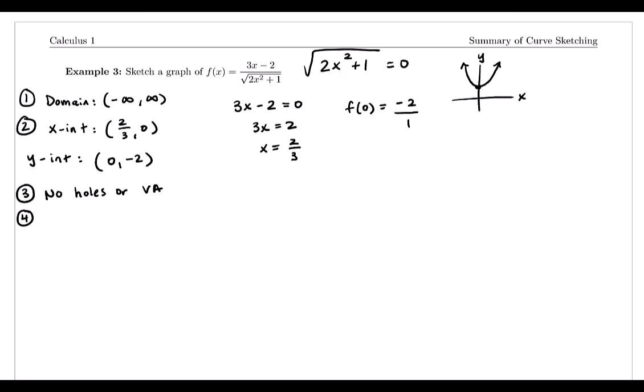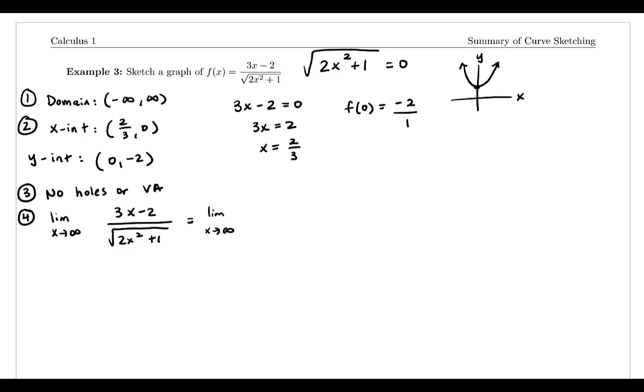Number 4 on our list talks about horizontal asymptotes. So we would like to take the limit as x approaches infinity of our function, 3x minus 2 over the square root of 2x squared plus 1. One way we can start to go about this is in the denominator from our radicand, I'm going to factor out an x squared. And if I divide both terms by x squared,